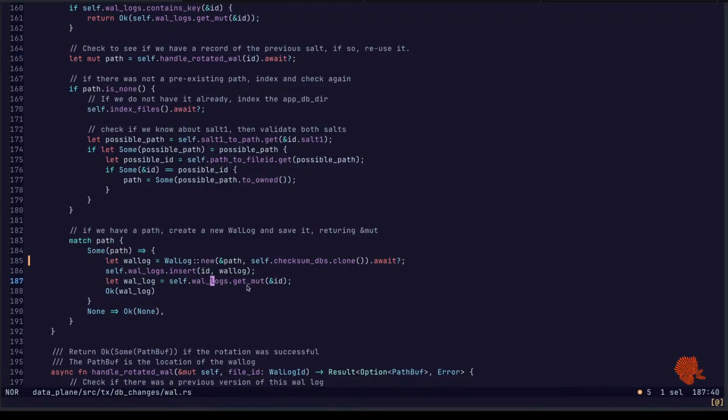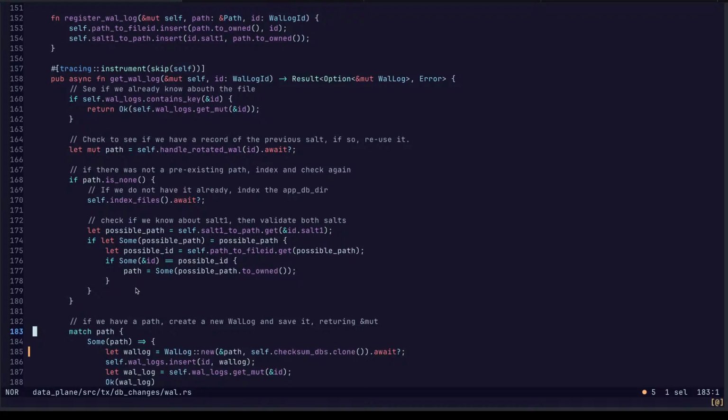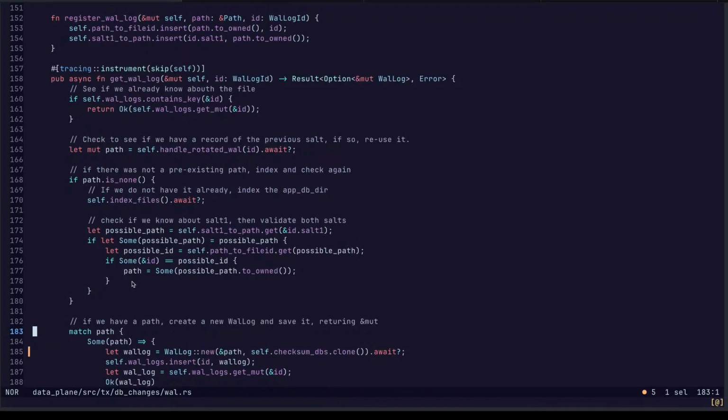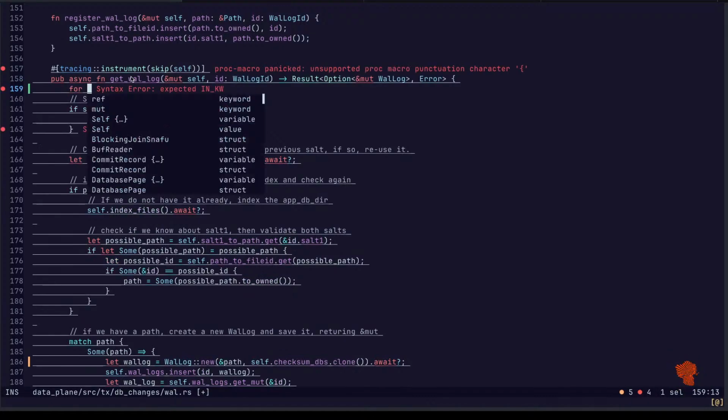And in this case, we return this element. Might be able to push this concern here, or